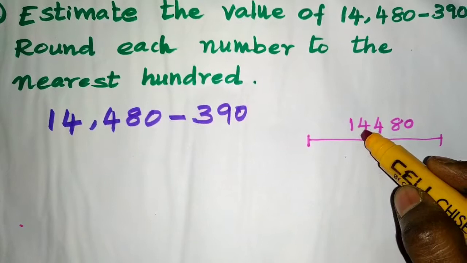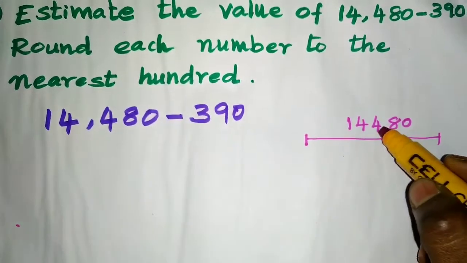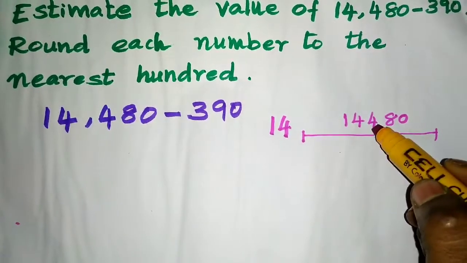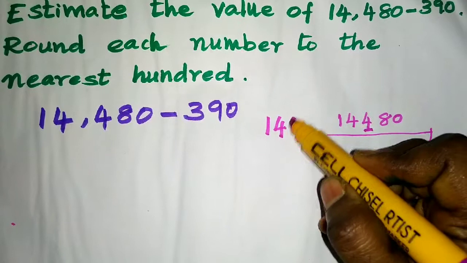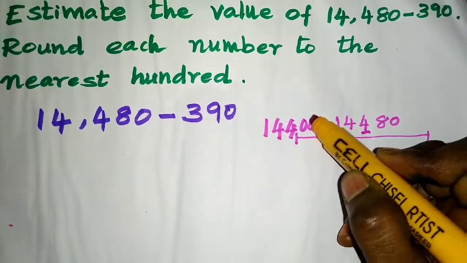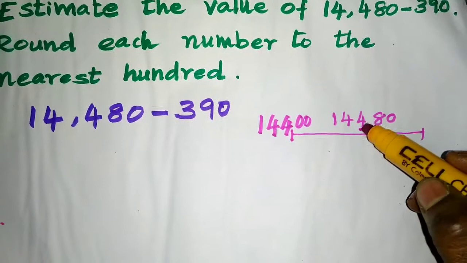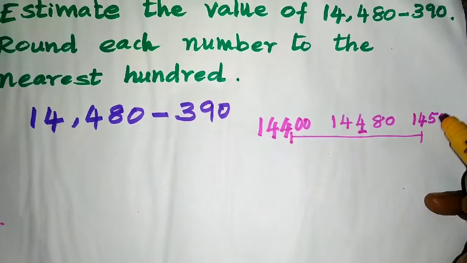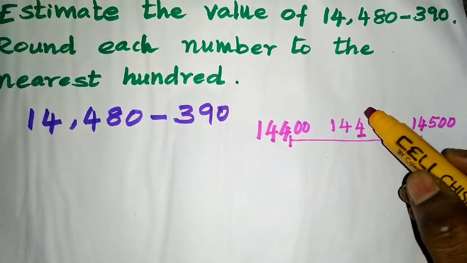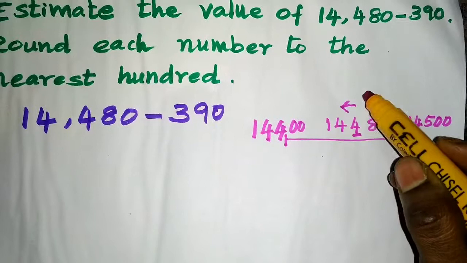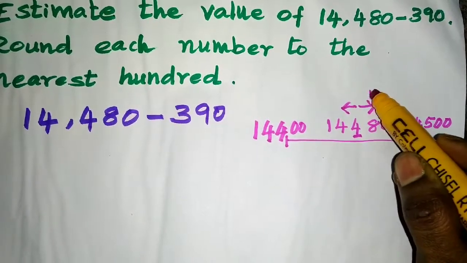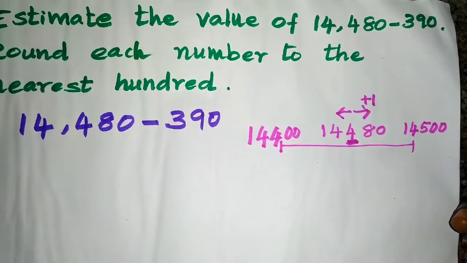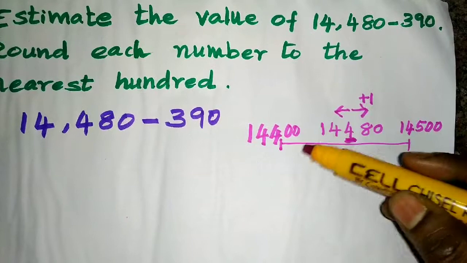In ones and tens place, we have to put 0 because we are going to round off in the hundreds place only. Don't touch the thousands place and 10,000s place. Keep it as it is. In the hundreds place, we have to keep the number the same for the before number, because we should not change the hundreds place. Only ones and tens place will be 0. For the after number, we have to change the hundreds place by adding one more value in the hundreds place, and ones and tens place will be 0 to make the number the nearest hundred. This is the round off value.